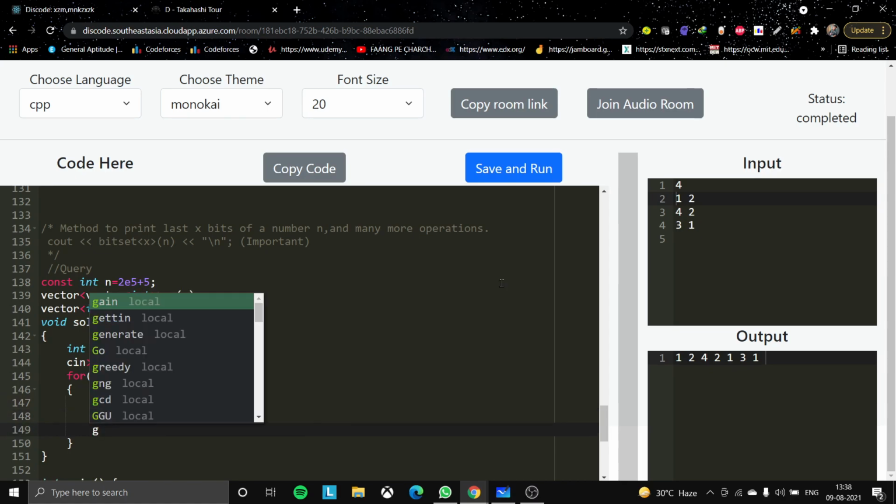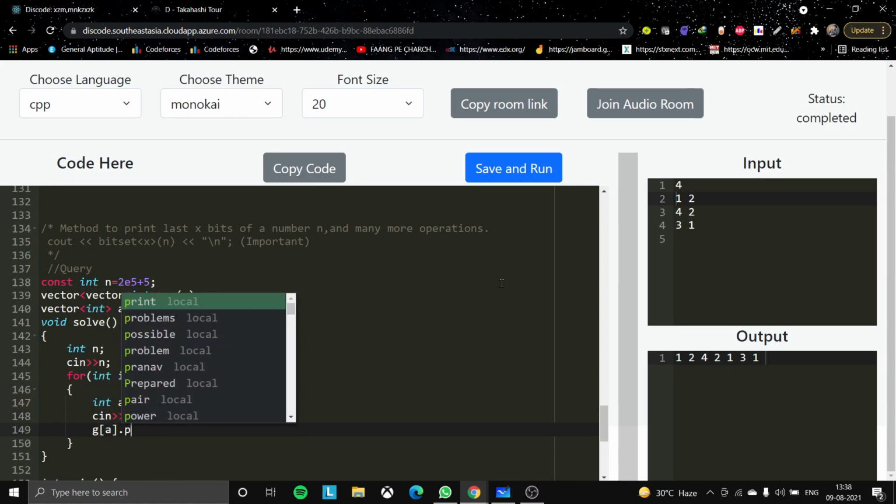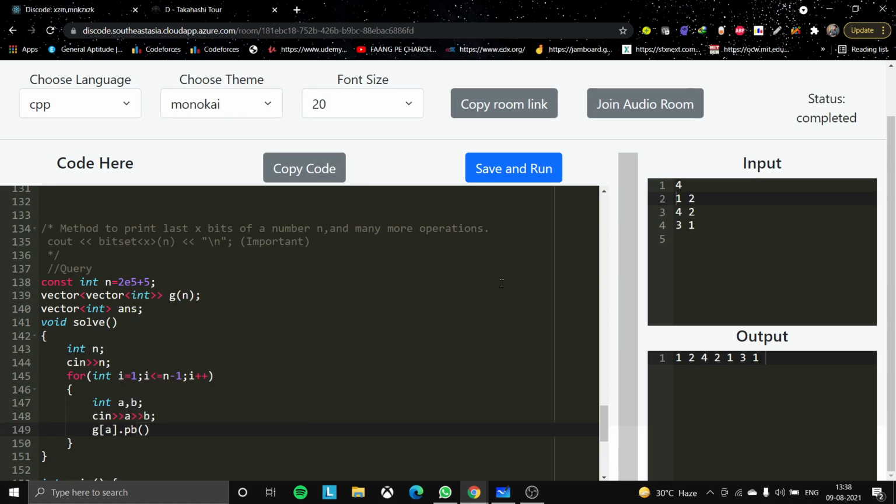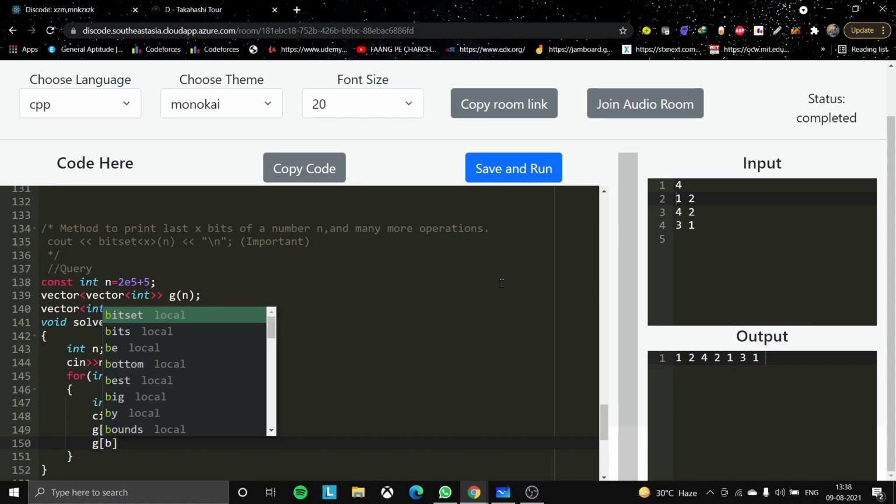Now our job is to push into the adjacency list so that we can build our graph. This is the procedure for building our graph.